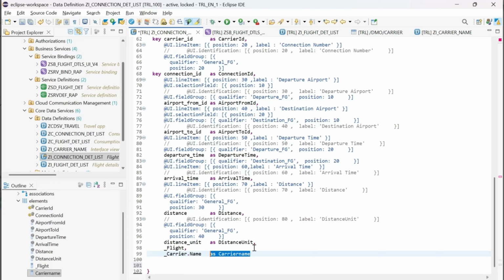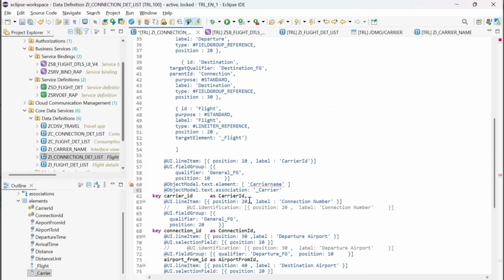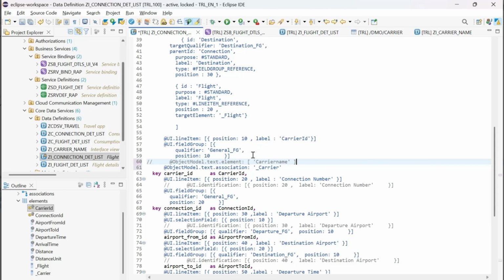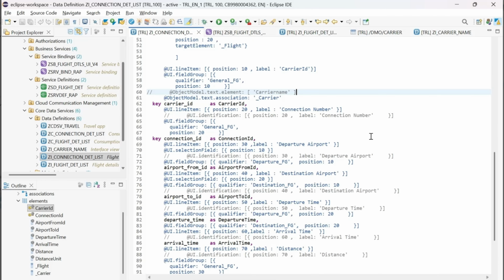So instead of that, you can just give it like that without getting the field name. I will just comment this one and activate this one. You are just giving the association instead of getting the field name, and we have that